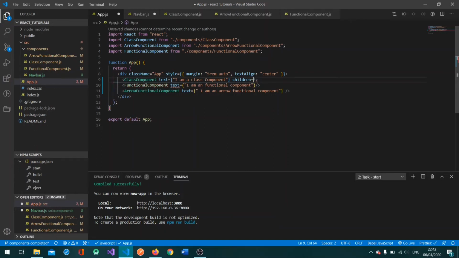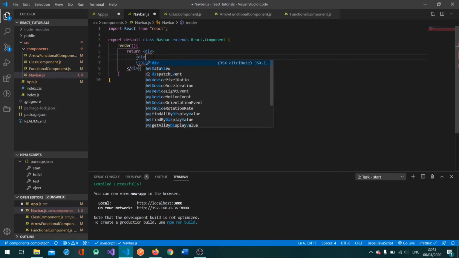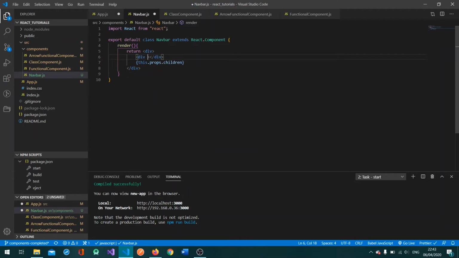You don't need to do this. React is gonna handle this by default. Okay. So I'm just gonna come back here. I will actually not have everything blue, but rather have a top element blue. Okay. So we'll put something like this,